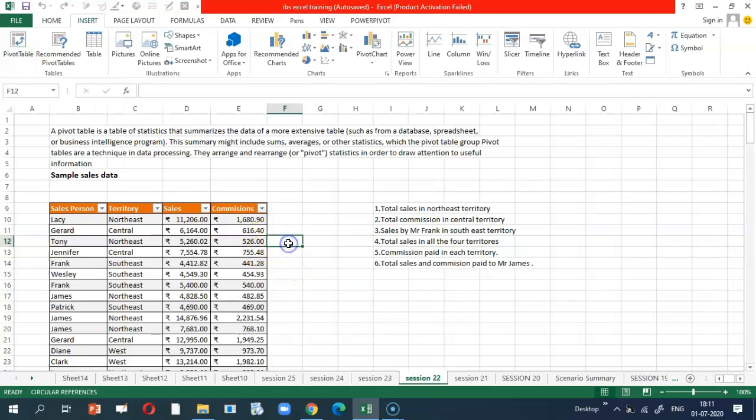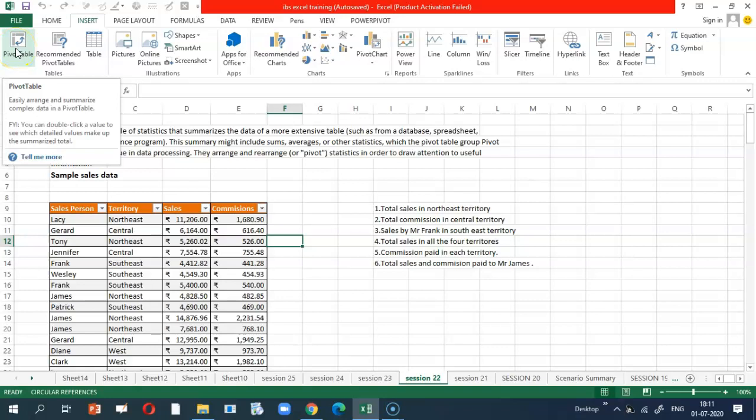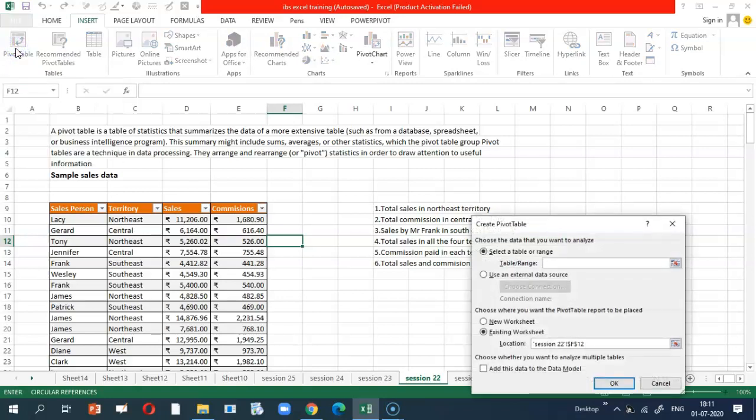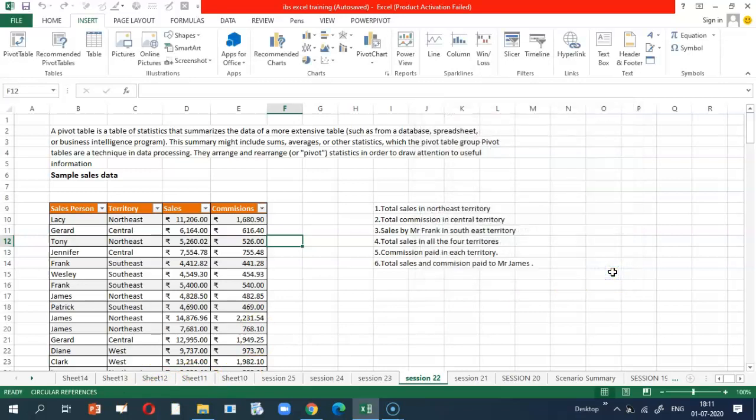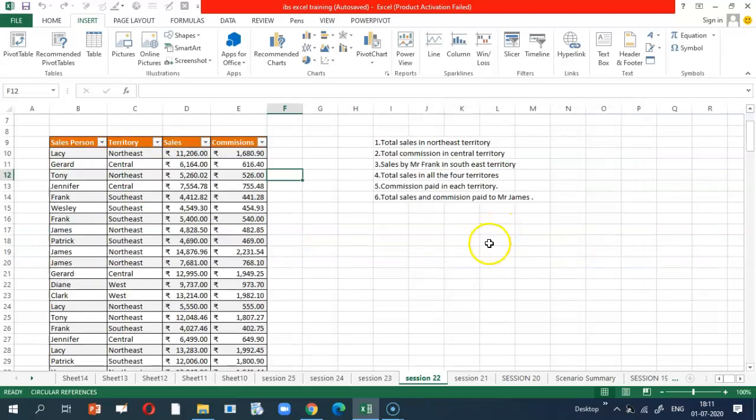Coming to the next question, how shall I use it? Dear students, very simple. You need to select the data set for which you need to use a pivot table, so that it summarizes the data from an extensive data set to a required spreadsheet. Click on the pivot table. A dialog box will open wherein you need to put the range cell reference, which is the master data, and you can extract the data either in the new sheet or in the existing sheet, and then click OK.